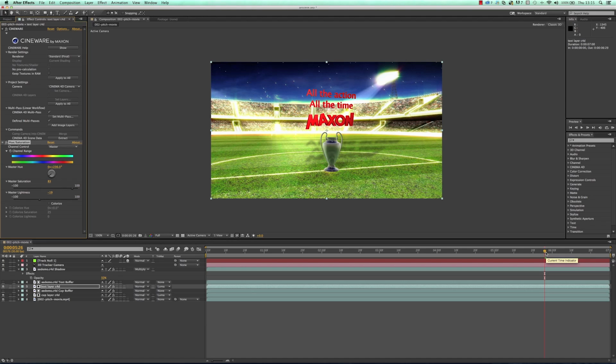So if you then go back to Cinema 4D and maybe you change the text itself, all these changes that you've done in After Effects, because they're simply on the layers, will remain. So if I change what that text says, I'll keep this color correction and all these changes automatically, even if the shadows all change. So it's a really nice way of working. And then from this point, of course, you then just render out your project at the settings that you wish to have, and you're done.